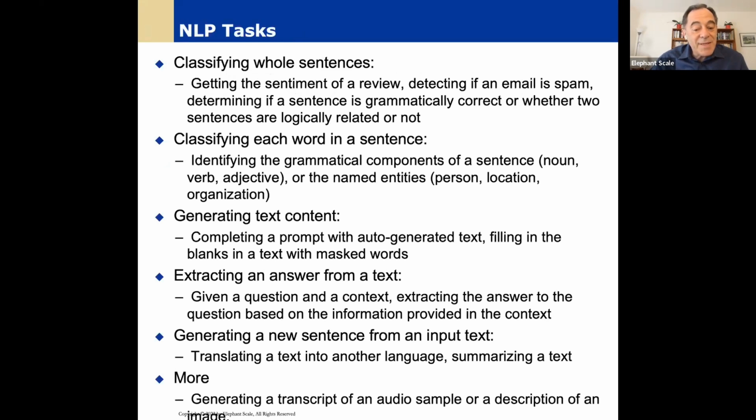It doesn't get the innuendos, doesn't get whatever is prohibited in this political environment. It doesn't get a lot of things. Classifying each word in a sentence, that's the standard task of NLP, but now it's much easier with the Hugging Face.